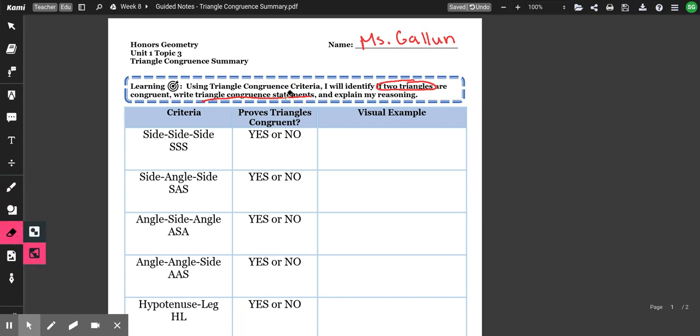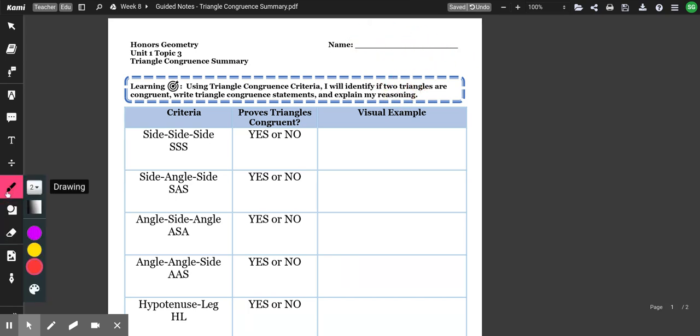Okay. So I don't like how I did this. I also don't like how I wrote my name. I want my handwriting to be slightly better for this. Miss Gallen. And then what did we say? Triangle congruence criteria. Two triangles. Triangle congruence statements. And explaining your reasoning. Explain. Okay,